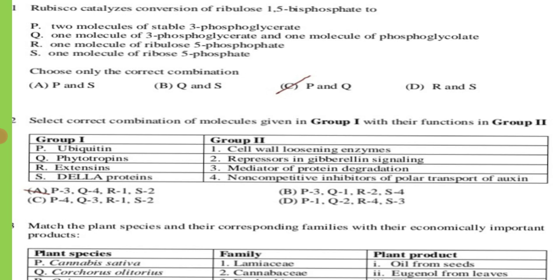Ubiquitin is a small protein. It links to the targeted protein through a lysine residue, and after ubiquitination this protein gets degraded via the proteasome. So for ubiquitin, from the second group, the third pair is matching: the mediator of protein degradation. Then Q,